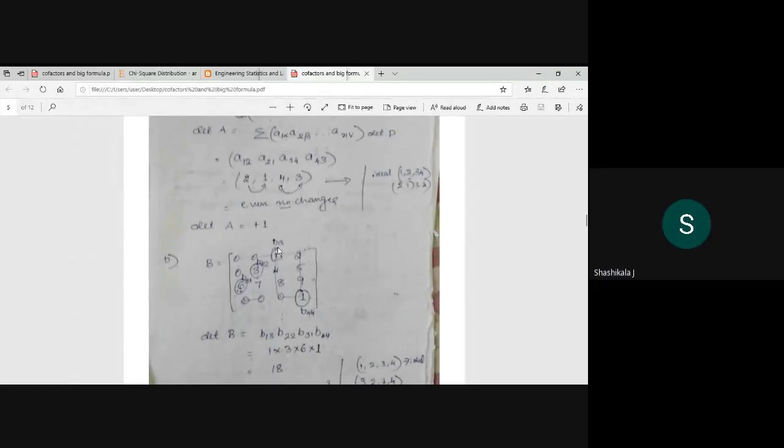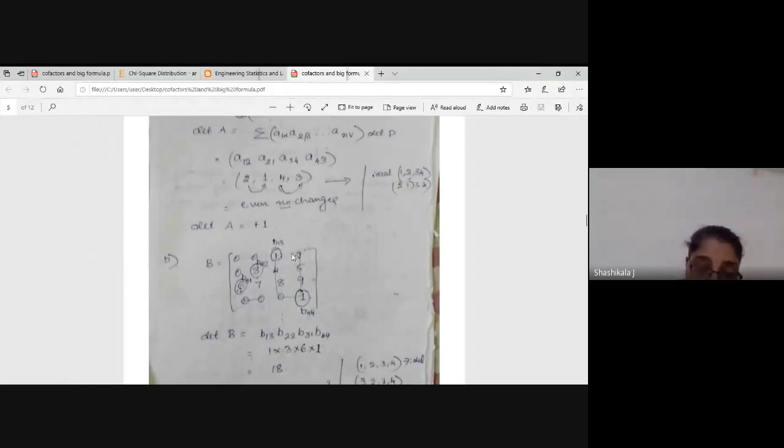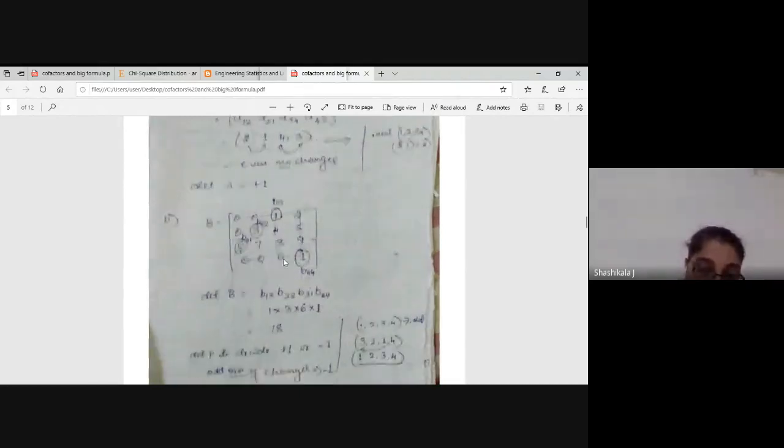If I take this, what second combination can I get? I can't take this or this. What other combination will I take? Yes, B22 I will take. If I take this and this, I have to go for this or this. Now I am getting it as 6, B31. This I can take. And B44, this one I will take.